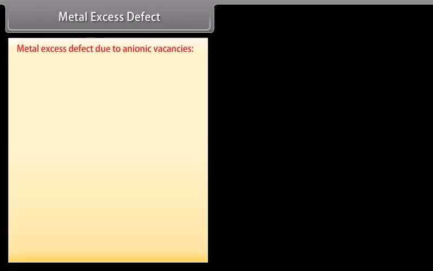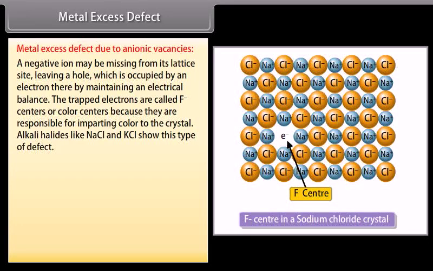Metal excess defect due to anionic vacancies. A negative ion may be missing from its lattice site, leaving a hole which is occupied by an electron, thereby